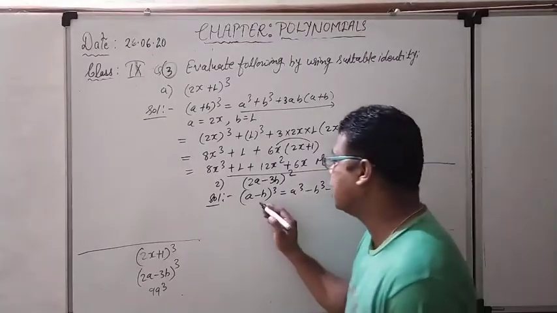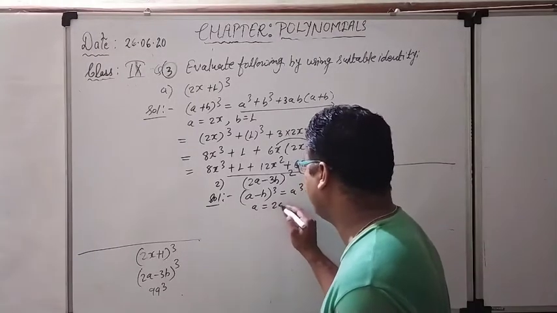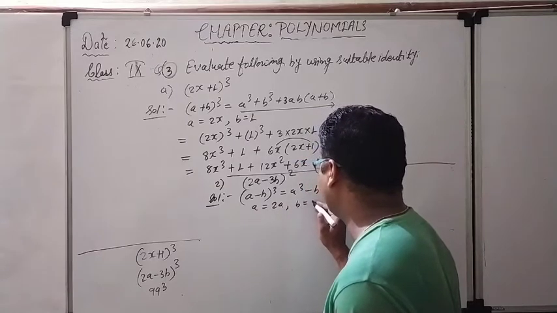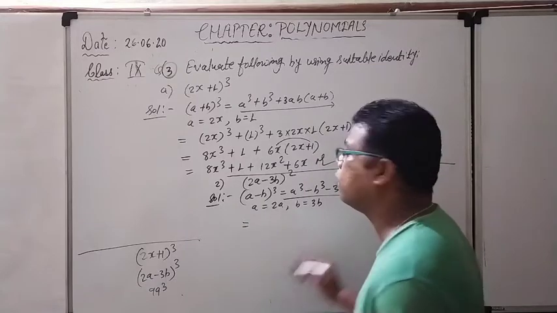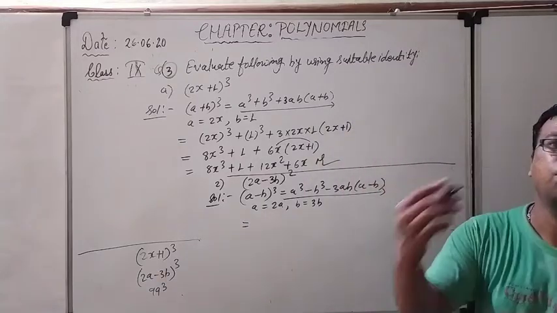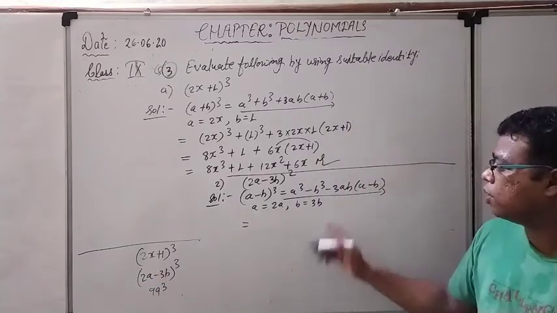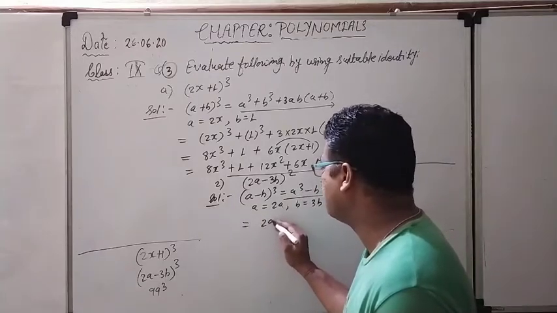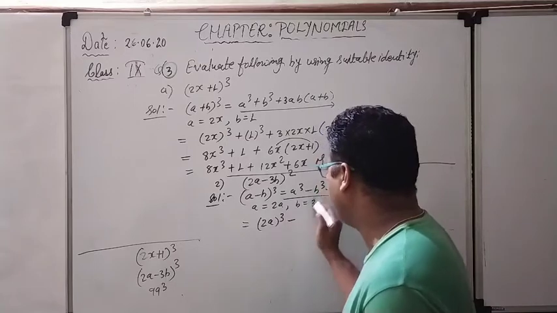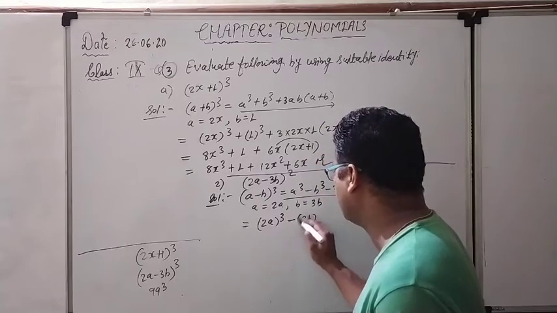Right now see what is there in place of a? Actually 2a. What is there in place of b? Actually 3b. So nothing you have to do, from here to here you have to follow the formula and just put the values of a, b in their respective places. A cube means (2a) whole cube, minus b cube means (3b) whole cube,